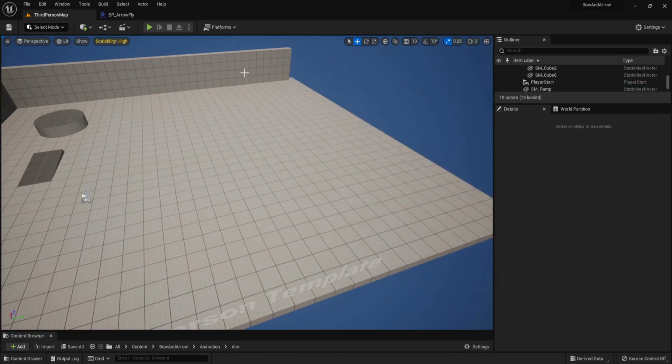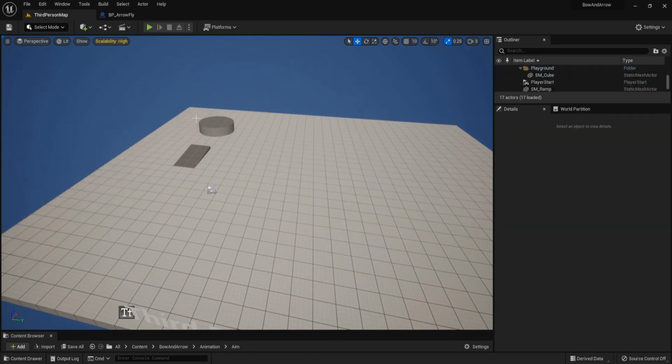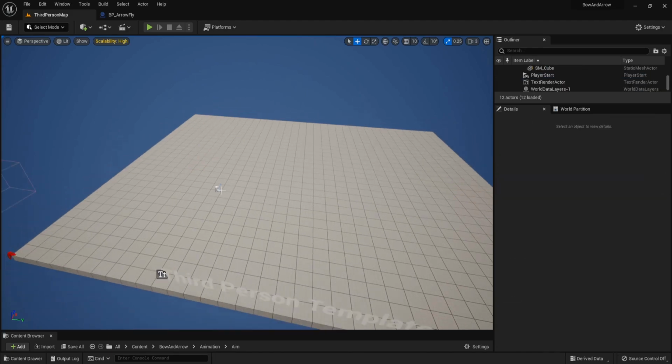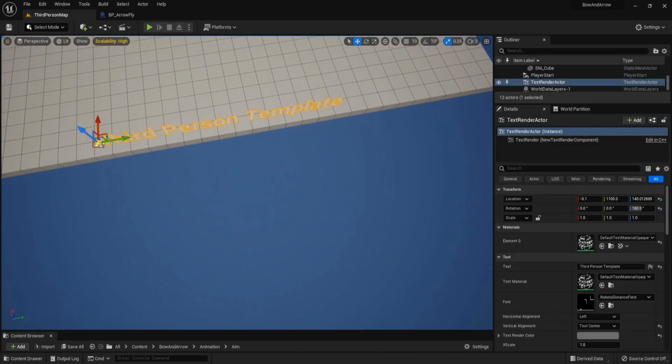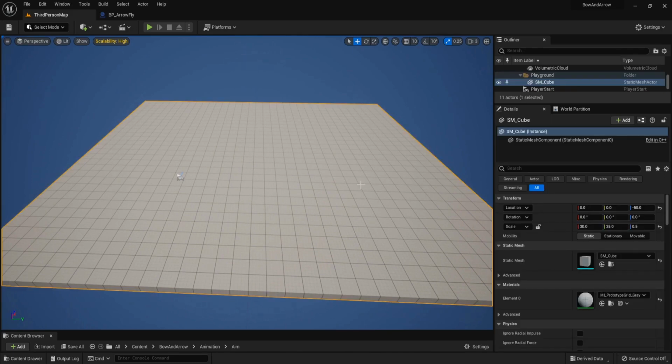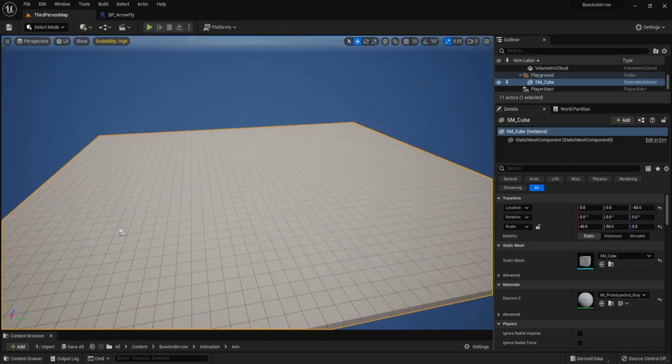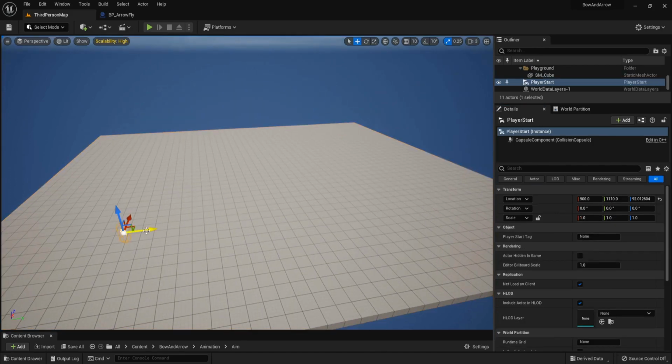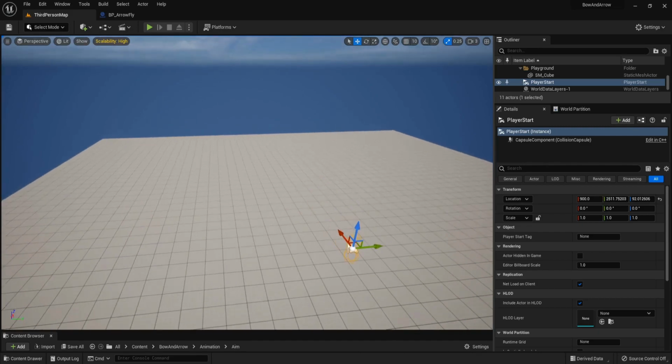Delete the ball and this text. Set this platform larger to 50, 40 and move this player start to the middle.